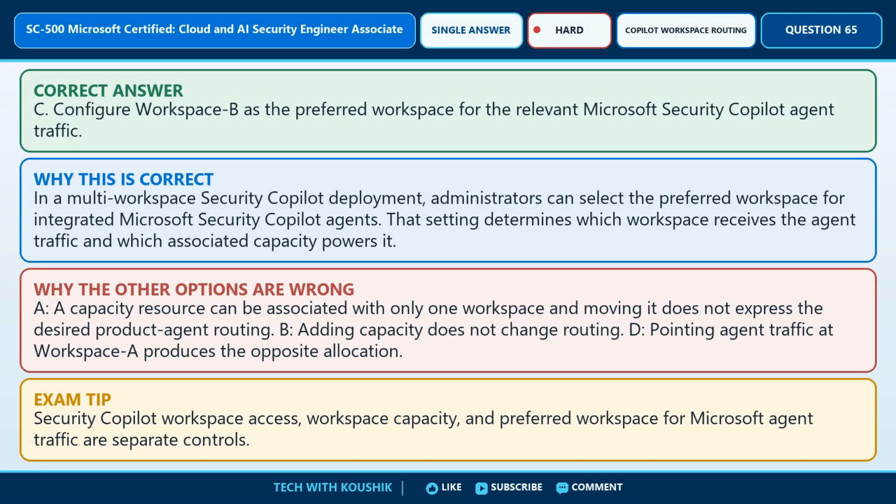The correct answer is option C. Configure Workspace B as the preferred workspace for the relevant Microsoft Security Copilot agent traffic. Here is the technical justification. In a multi-workspace Security Copilot deployment, administrators can select the preferred workspace for integrated Microsoft Security Copilot agents. That setting determines which workspace receives the agent traffic and which associated capacity powers it. The other choices do not satisfy the requirement because